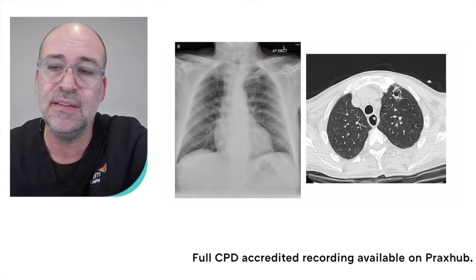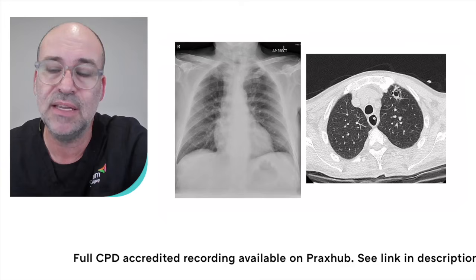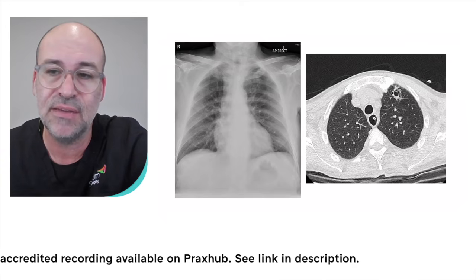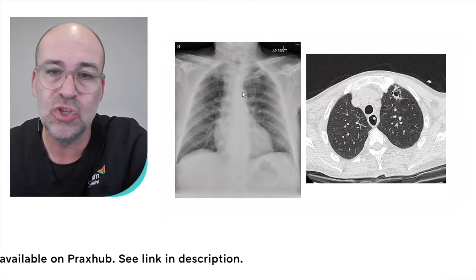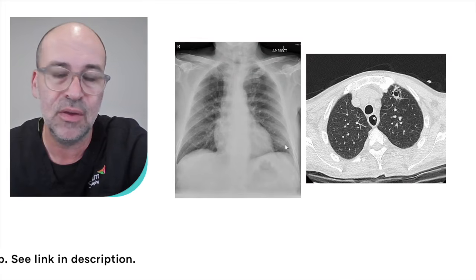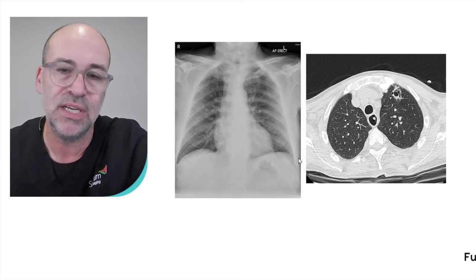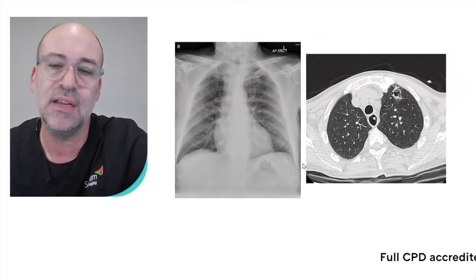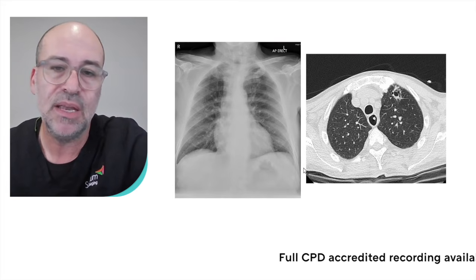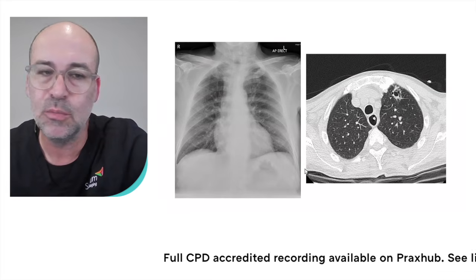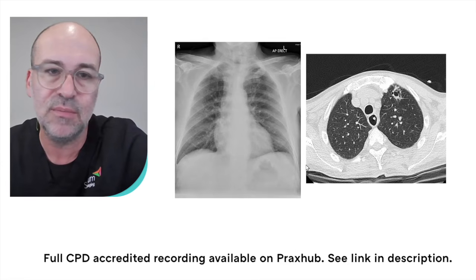And on the CT scan, there's clearly an abnormality, this cavitating lesion at the left apex anteriorly, which you cannot see on this chest X-ray. So that's an important point: a normal chest X-ray does not rule out pathology. We're doing it in an acute setting to help guide management. But if a patient is short of breath, a normal chest X-ray doesn't mean that there isn't pathology to be found,